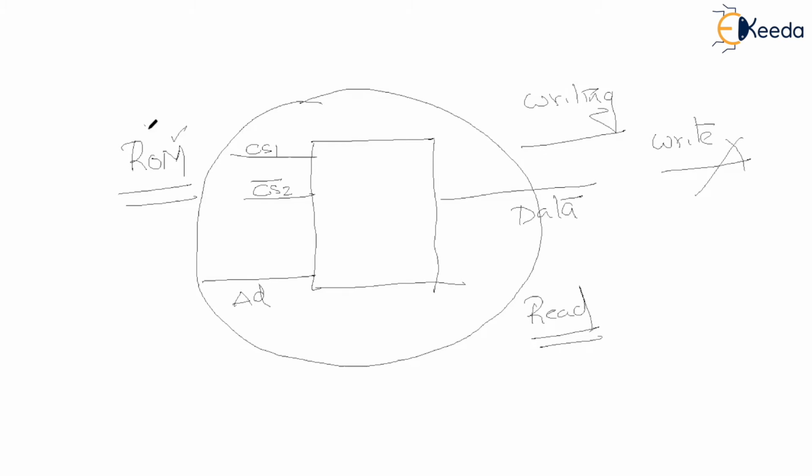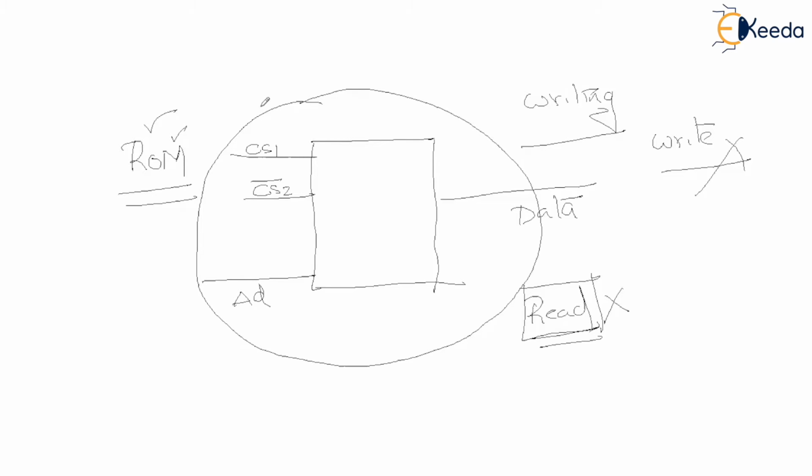Whenever ROM gets selected, obviously reading will get performed. So for that reason, we don't even require a read connection. We don't enable a read connection here. We will make it one and write and read it? No, this is not the case. Every time a ROM gets selected, only reading will get performed out of the ROM. So as we do not have any choice of the operations that are performed in the ROM, we don't require both write and read connections.